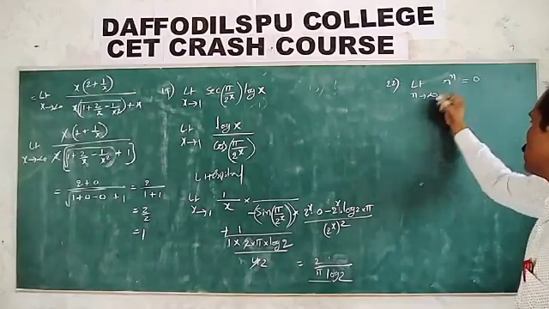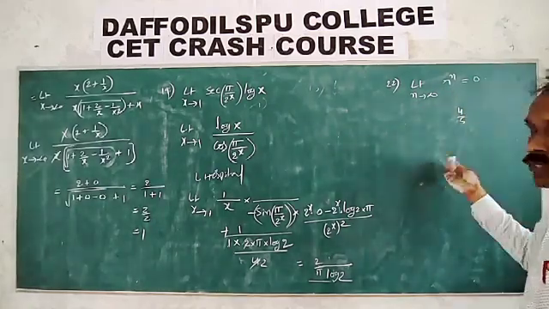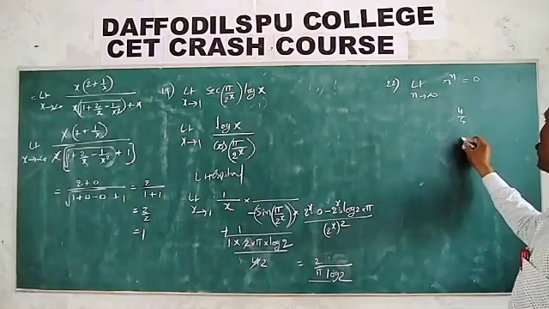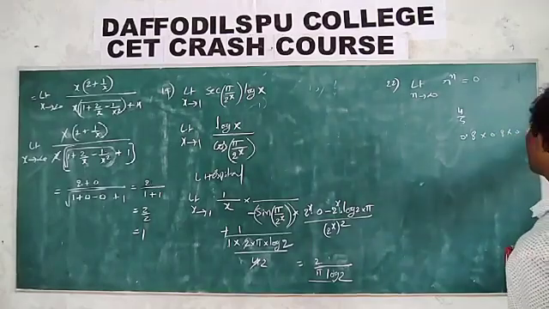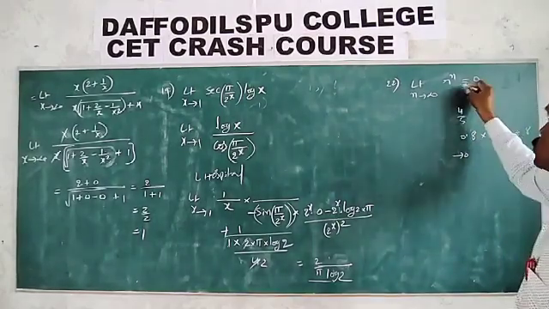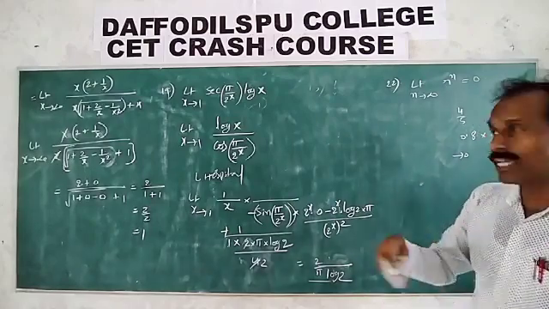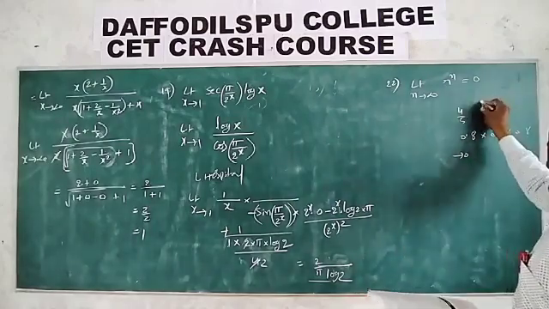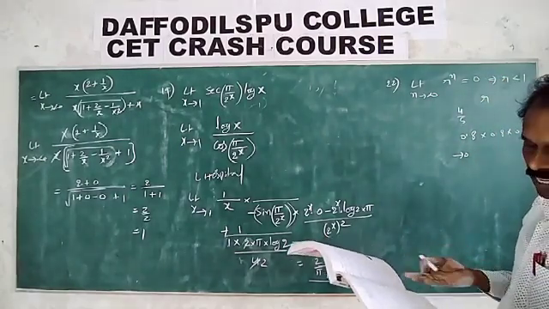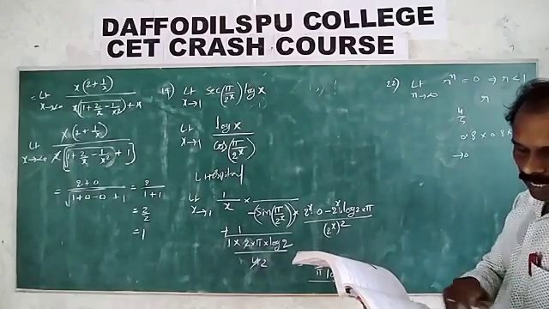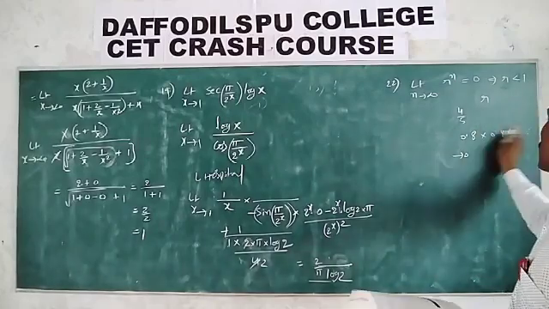When it is possible means suppose 4 by 5. What is this value? 0.8. 0.8 multiplied by 0.8 and so on, so it tends to 0. So they ask for the r value less than 1. This implies r value less than 1. Direct option is not there, so depending on the 4 options, which is the r value less than 1? First option, 4 by 5 is the correct answer.